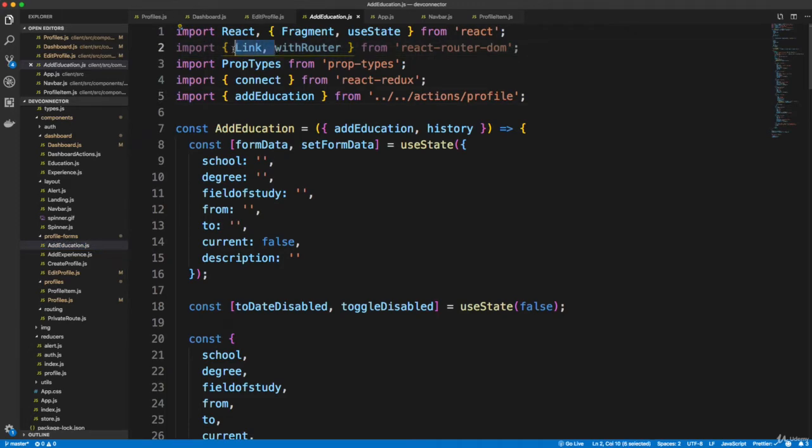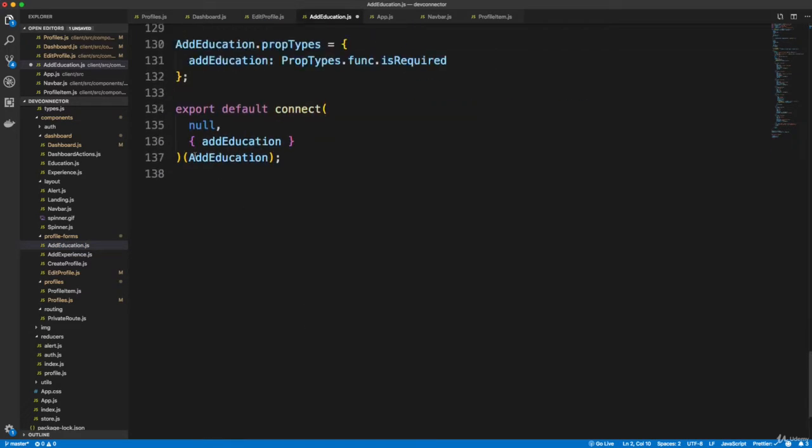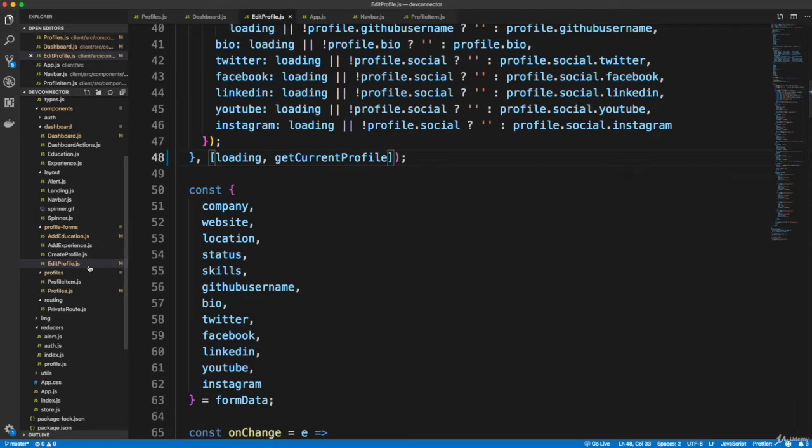We can get rid of Link because we're not using it. And then withRouter, we're going to use that down at the bottom here. We're just going to wrap this like that and save. And then let's do the same in add experience,